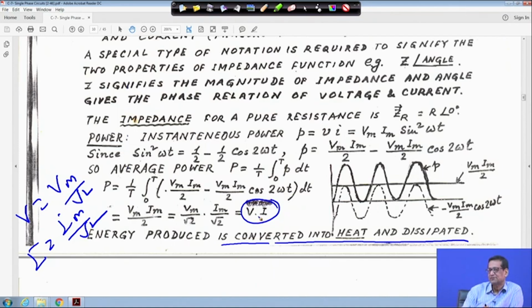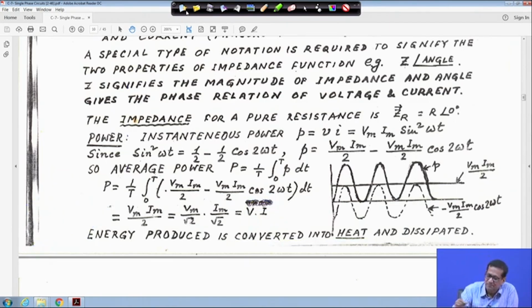So, for a resistive circuit with AC supply, V is equal to Vm sin omega t, and power P is equal to VI, but in this case V should be the RMS value of the voltage and I should be the RMS value of the current, right. So, next is